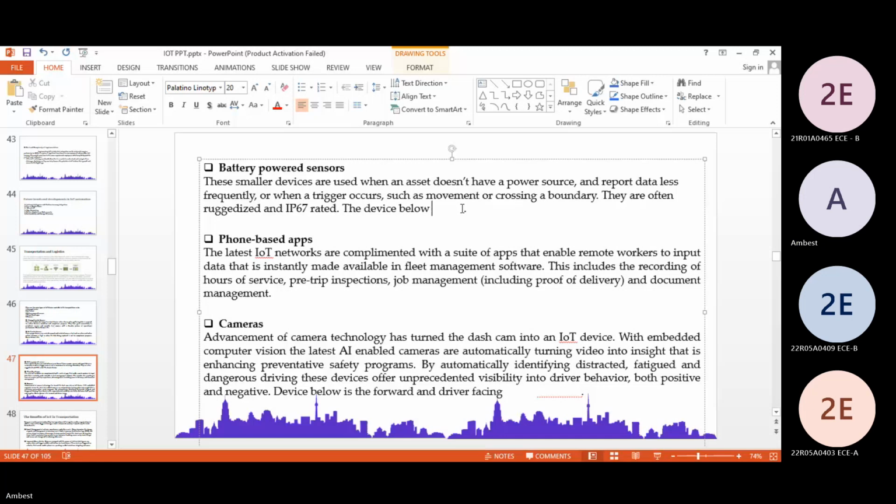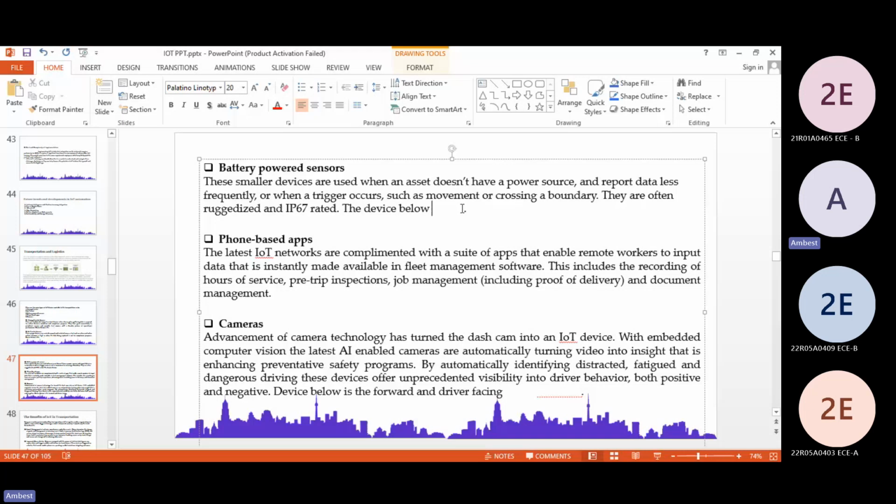So the next thing was cameras. These cameras are an advancement of technology, which turns a dash cam into an IoT device. With embedded computer vision and the latest AI, the camera can automatically turn video into insight, which enhances preventive safety programs.